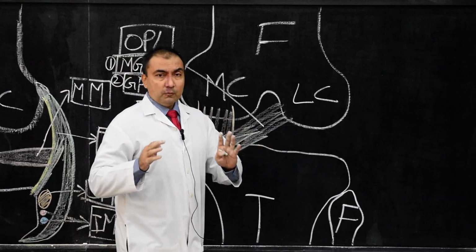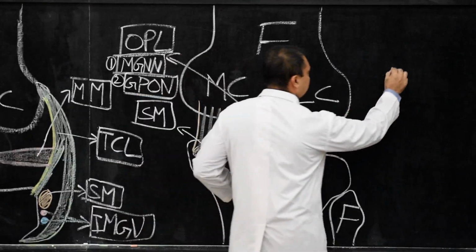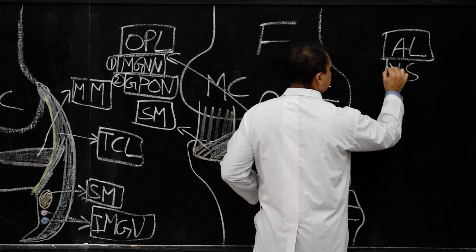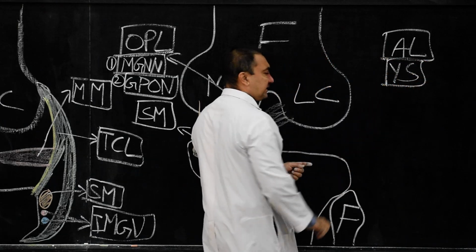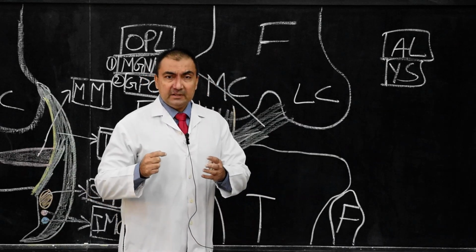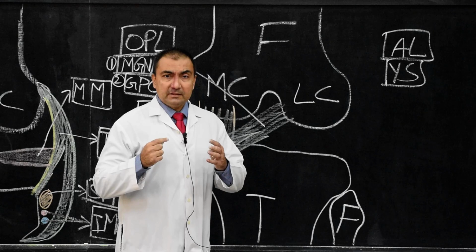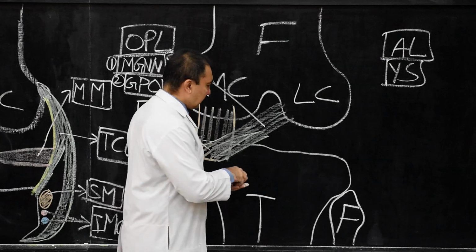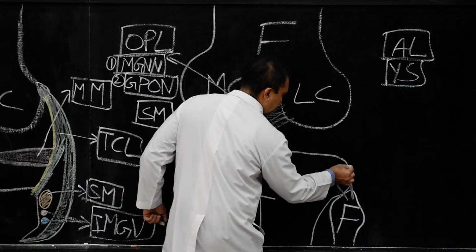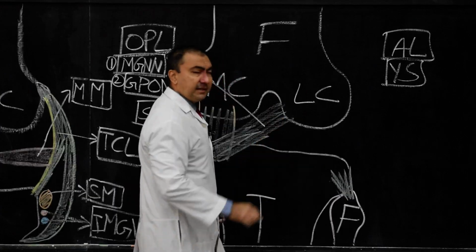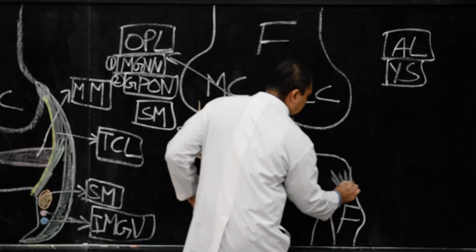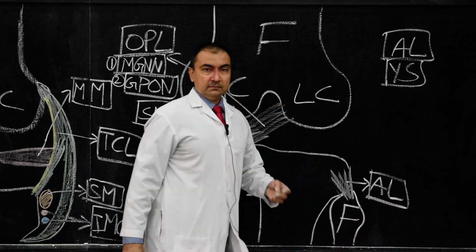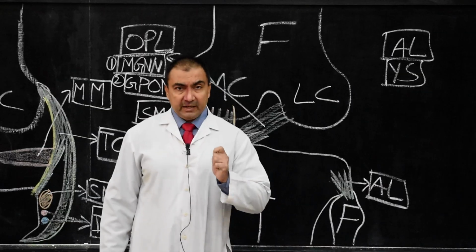Arcuate ligament, Y-shaped. So please note down here, arcuate ligament is typically Y-shaped, where the stem of the Y will be attached to the apex of the upper end of the fibula, apex of the head of the fibula. So here, this is where the stem is attached, arcuate popliteal ligament. And here I am going to mark down arcuate ligament. This will be known as arcuate ligament.